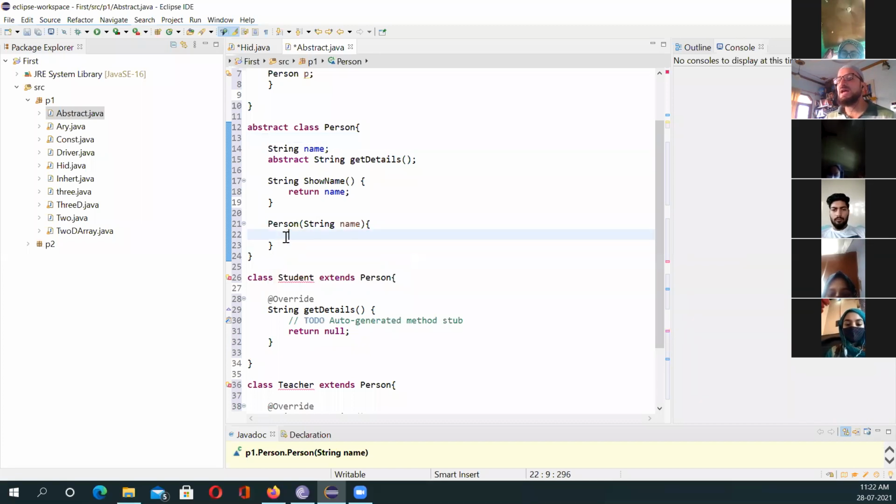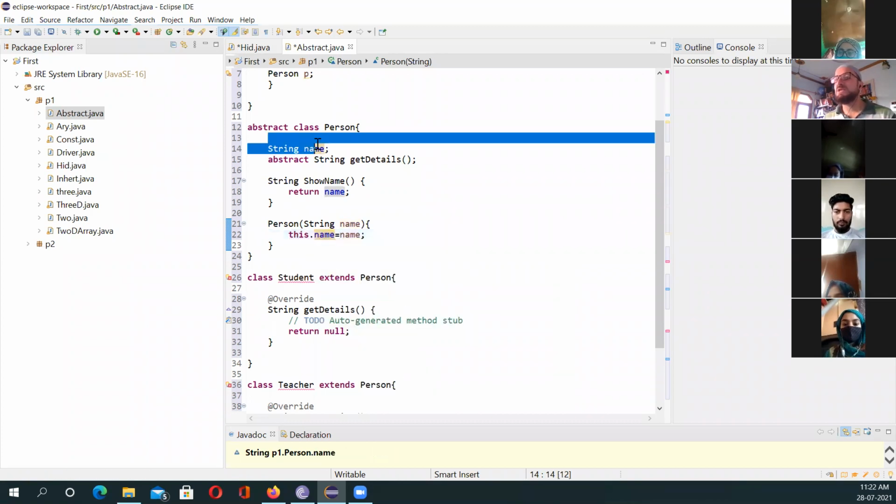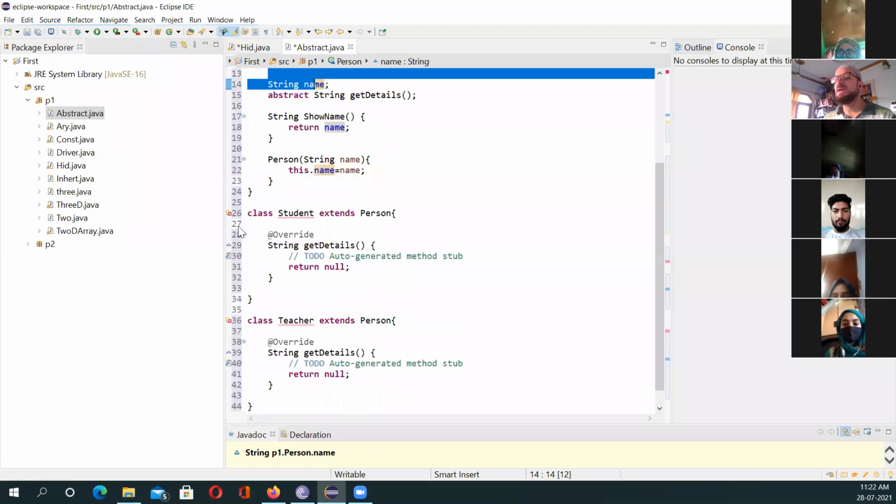And you can initialize its own instance variable, like name equals name. Now again, this is shadowing, because this local variable name is shadowing the variable name. So I have to use this.name here. The current object's name is equal to this name. But when this will be called, that is why I'm now having